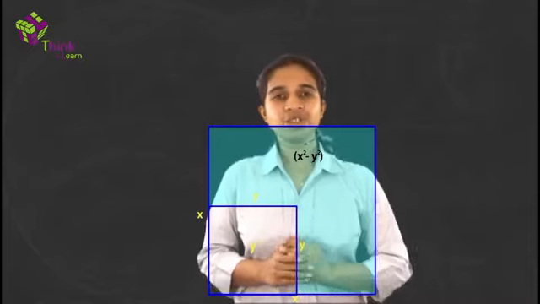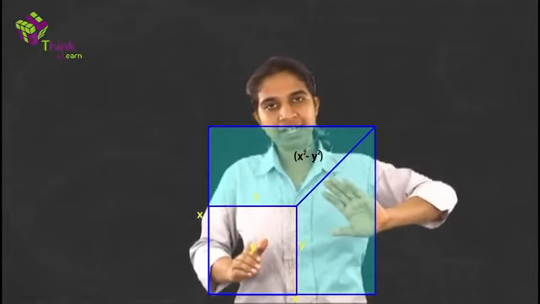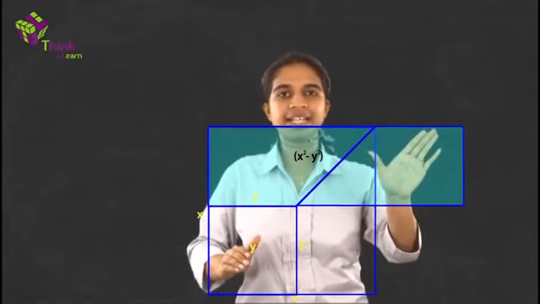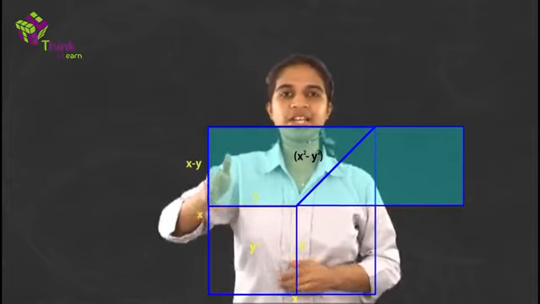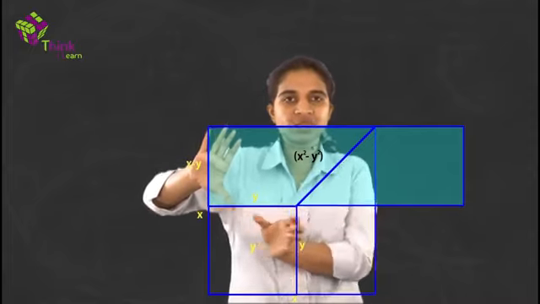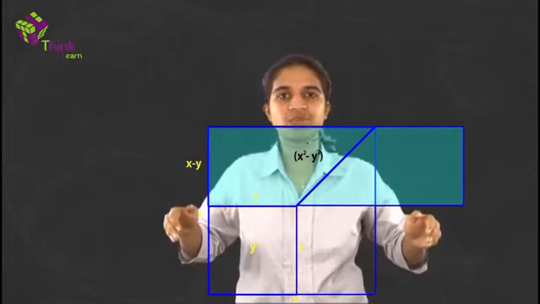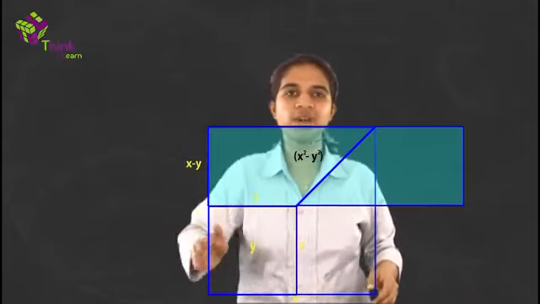Now, what can this be equal to? Let me try and cut this. If I cut this part, I flip it around and place it like this. See what I get? What is this side? It's nothing but x minus y. The whole thing was x and here it was y. This is x minus y, this is y, this is x. So this side is x plus y. That's how you get x square minus y square is x plus y into x minus y.